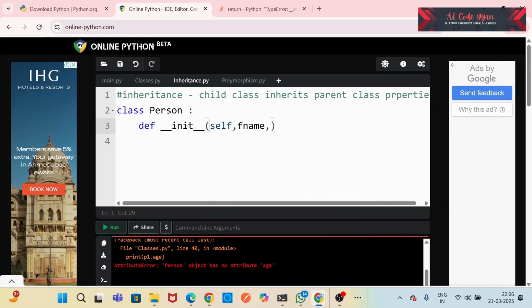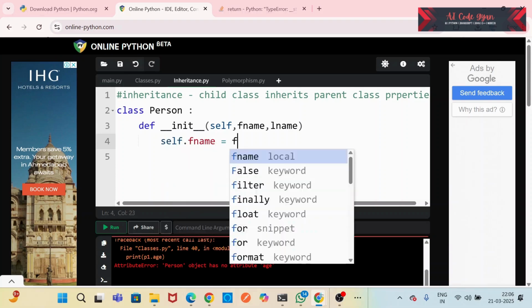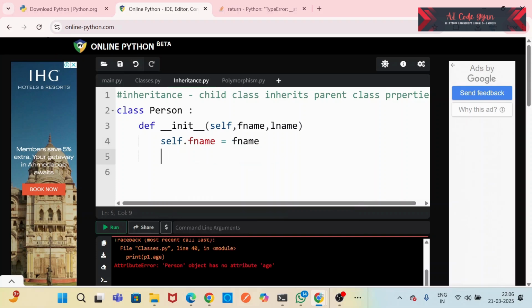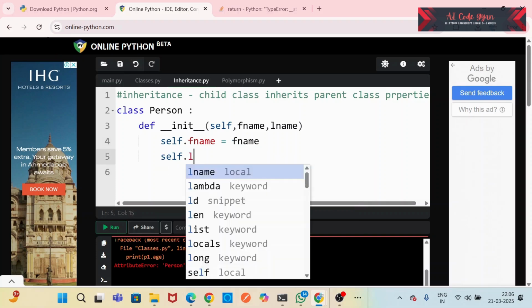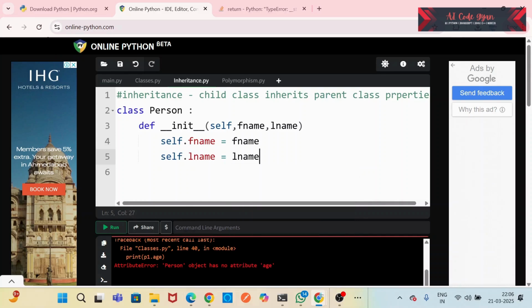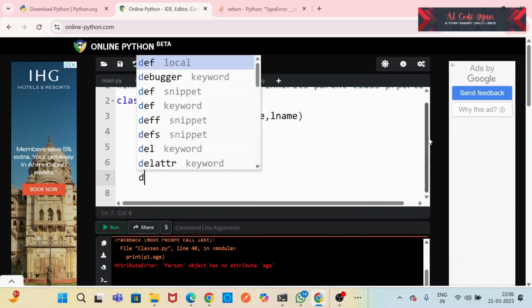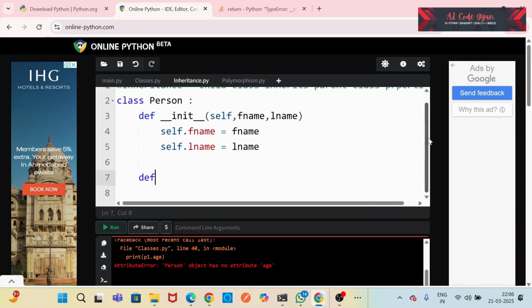Here we are using first name and last name as parameters. And here we are using one more method, print name,